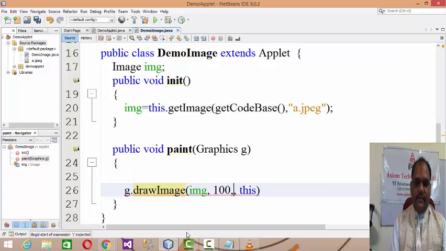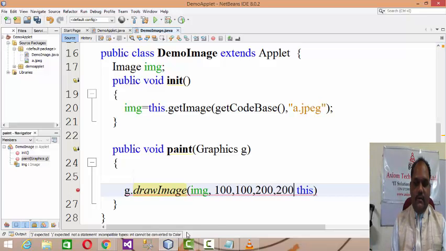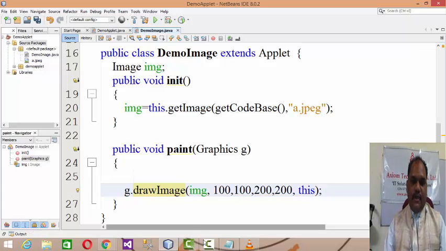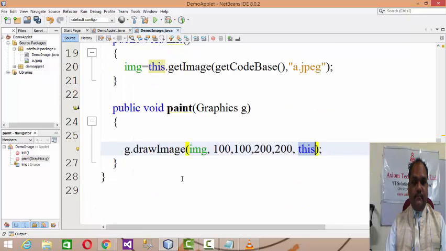Let's say 100 is x, 100 is y, and the width and height of the image maybe 200 and 200, and then this, the current applet object reference. So g.drawImage takes the image object which we initialized, the x, y, width, height we specify, and the reference of the applet object.